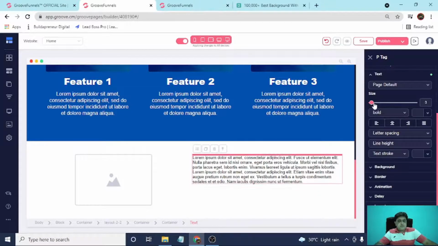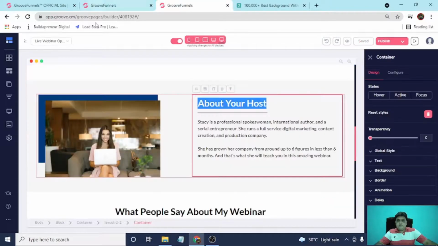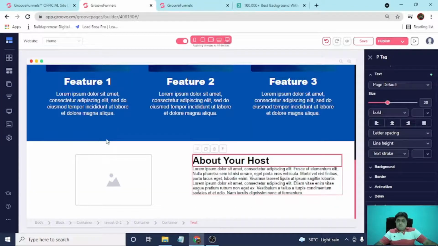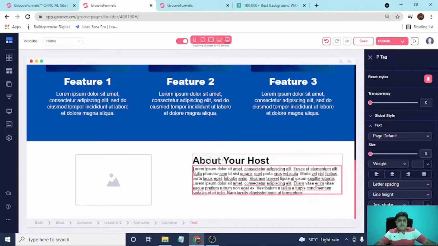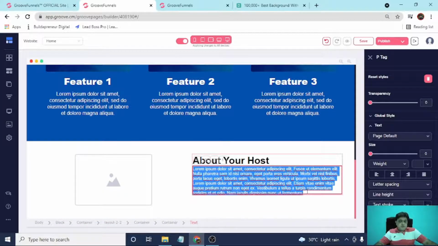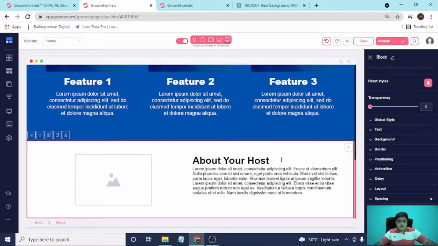Increase the size of the font. Okay, great. Now you can edit this section as per your choice, guys. So I will leave it as it is. You can edit it later as you want when you receive this template. Let's save this, guys.